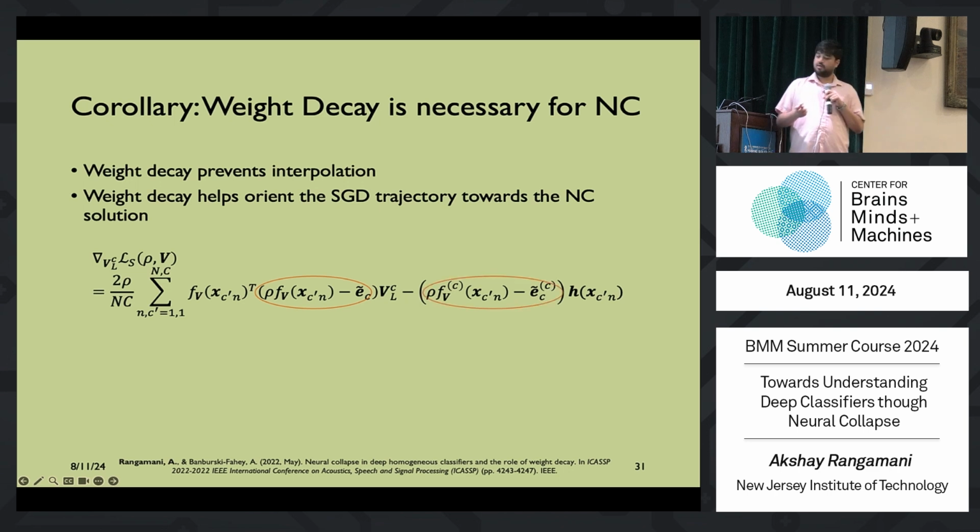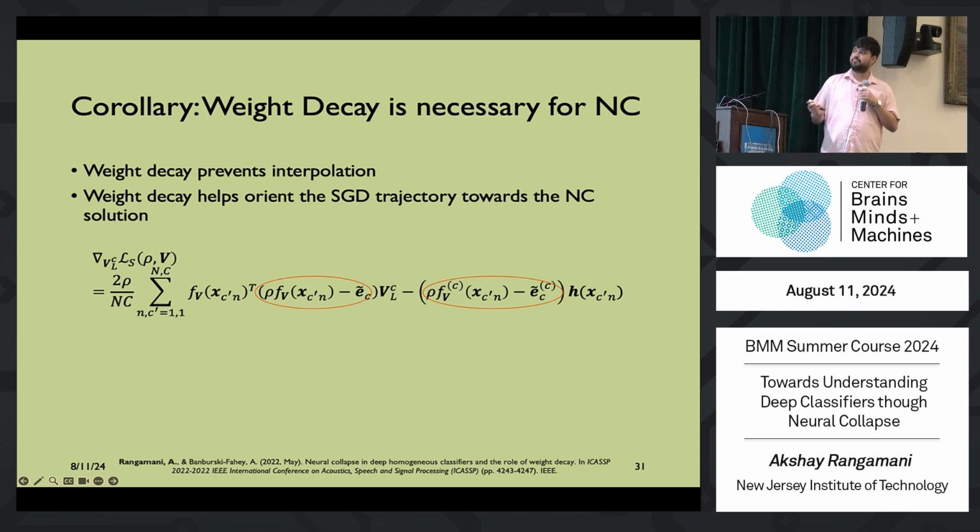All right, so from this, you're able to show that neural collapse happens. So I think you can expect that if you have a large enough deep net that can exactly fit your data set, this is the solution that you should expect. And another thing that we can get from the proof is that